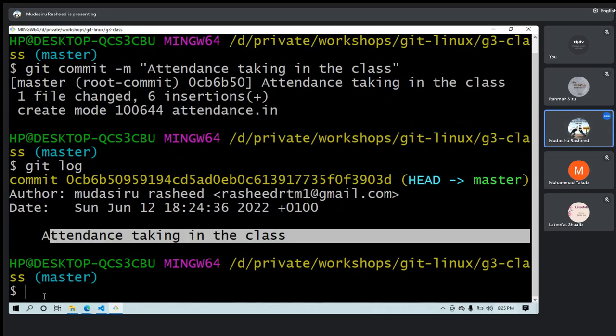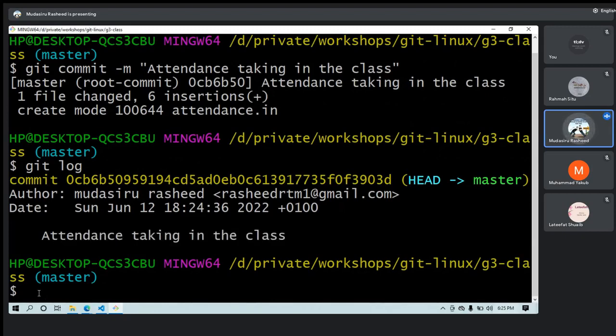Okay, so I've committed it. That means I'm almost done with everything offline. I have the power to push it to the online repository now. But one problem is I don't have an online repository. There's no way I can communicate with an online repository. I only have offline, everything offline.